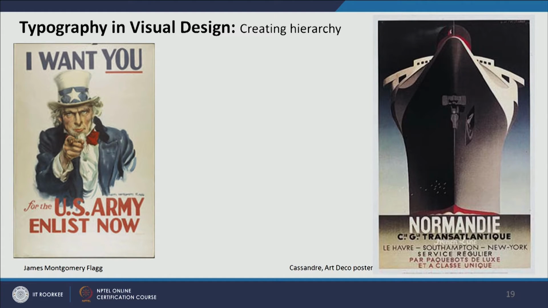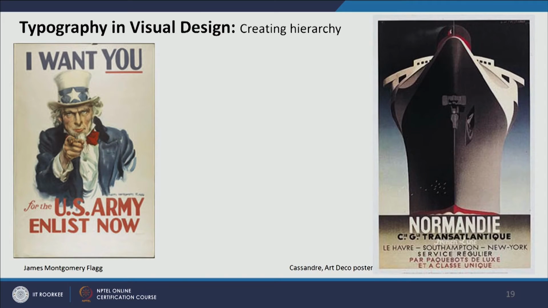So, if we look at the picture, look at the painting as well. The person is pointing at you, creating the highest emphasis on the first line. And then here it's written "for the", which has some kind of redundant meaning. So "U.S. Army" has more importance. U.S. Army is in a bigger and thicker font, and "enlist", that is what you have to do, is written in